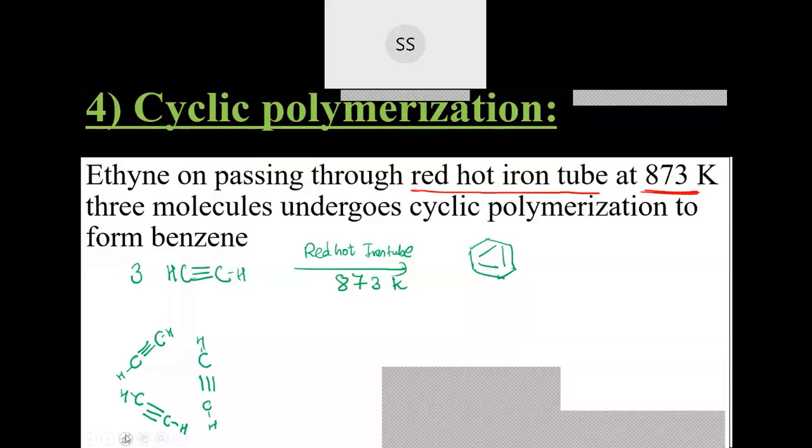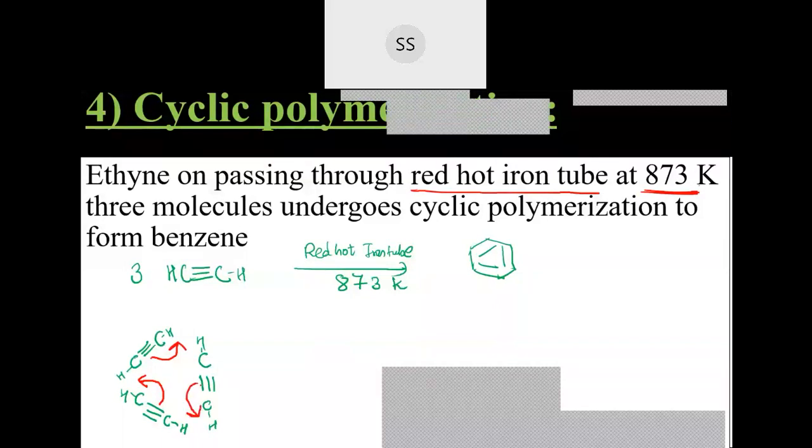So during the reaction, in the presence of red hot iron tube, these will undergo breakage. So here this bond will shift here, and in turn when the electron comes between this carbon atom, this valency will become unsatisfied, so that will shift between this carbon and this carbon, and this bond will be shifted towards this side. So wherever triple bond is there, that will break down and it will form a double bond. Now ethyne are 2 carbon atom molecules which are stable by themselves.